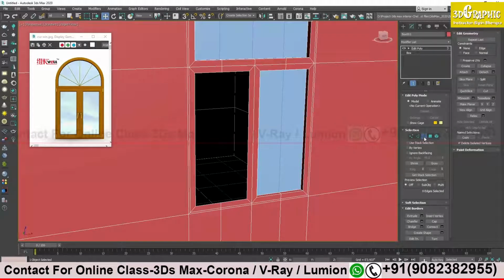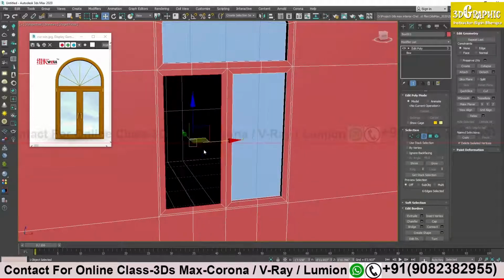Now this border option will help me. See what happened now. Is there any gap? This border will work only with the last edge of your model. If I click over here, you see this edge is selected, the entire edge. Priyanka and Sasikaran, this edge is selected. Yes, sir.